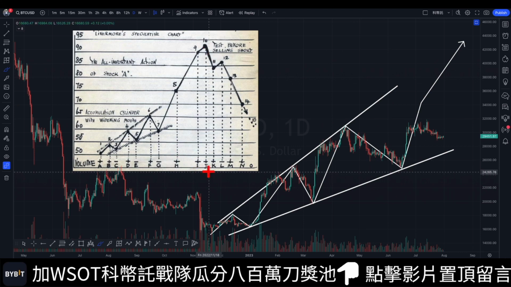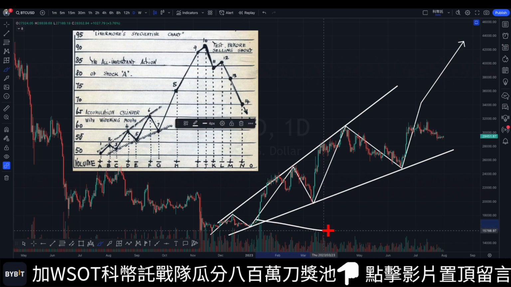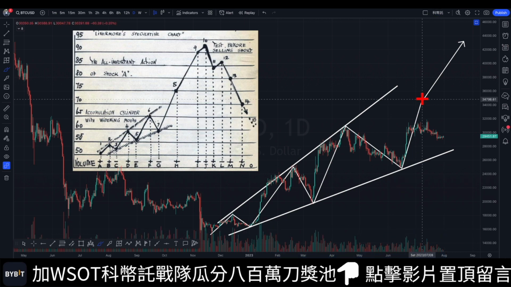Now, we should be at the position of point 8. But we haven't seen a significant surge in bullish volume yet. So, I think that in order to match the described scenario, we must witness a burst of consecutive bullish candlesticks with substantial volumes in the near future. Otherwise, as of now, the volume is gradually declining, especially in the bullish case, where the volume seems weak. It would be challenging to replicate the model illustrated by Livermore.